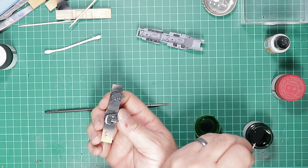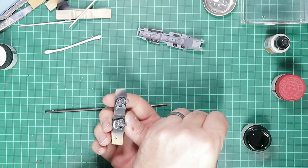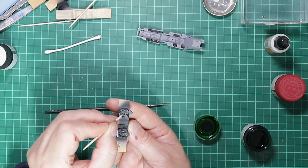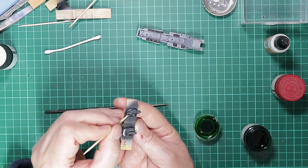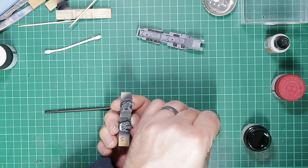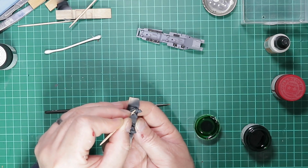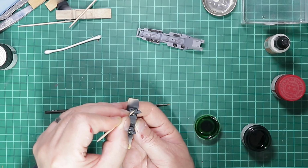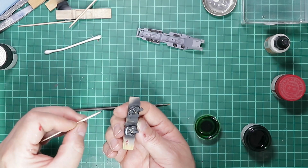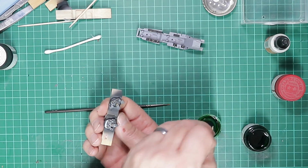So I'm just using Tamiya clear green and a cocktail stick, and I'm just making a little bubble in each of the instruments. So there's no real detail provided in the kit, unfortunately, but some of the aftermarket instrument placards would go down well, but this is a strictly out of the box build. So we just want to give an impression that there's something happening,